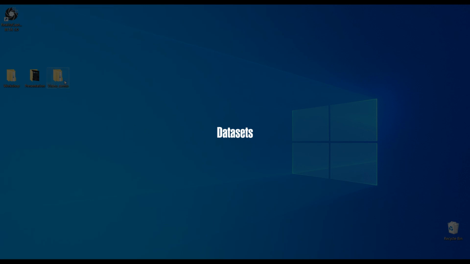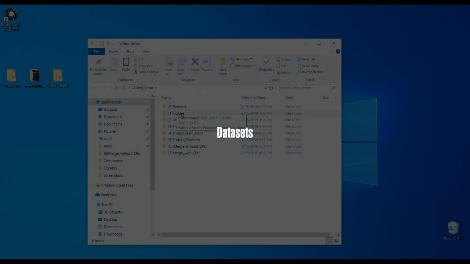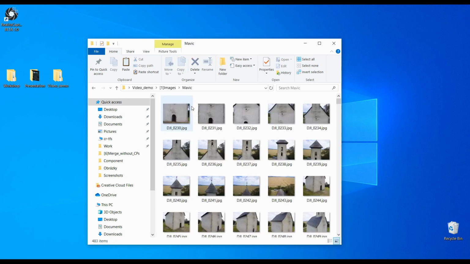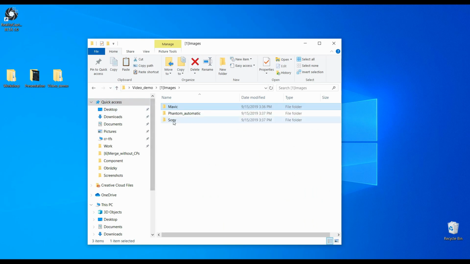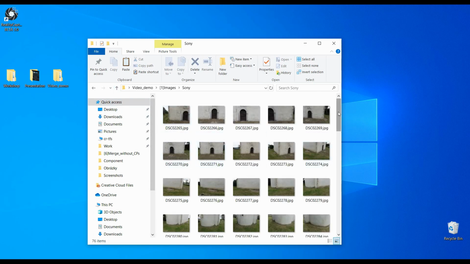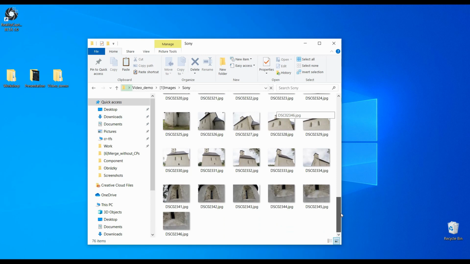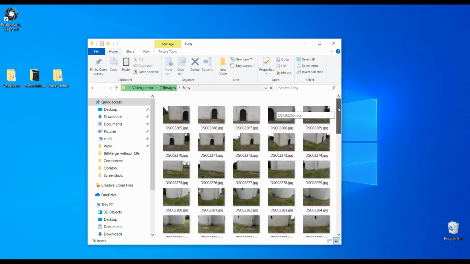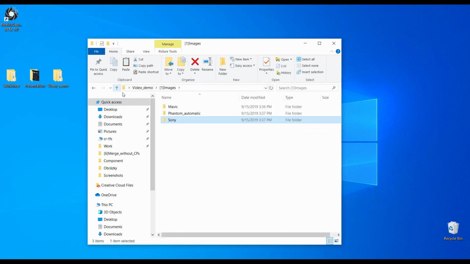Like I said before, we have 4 datasets. The first one contains 483 images and is from a drone that was controlled manually around the church. The second dataset was acquired from the ground with a mirrorless camera. This dataset contains 76 images, and these images were used to help the automatic alignment between the manual drone flight